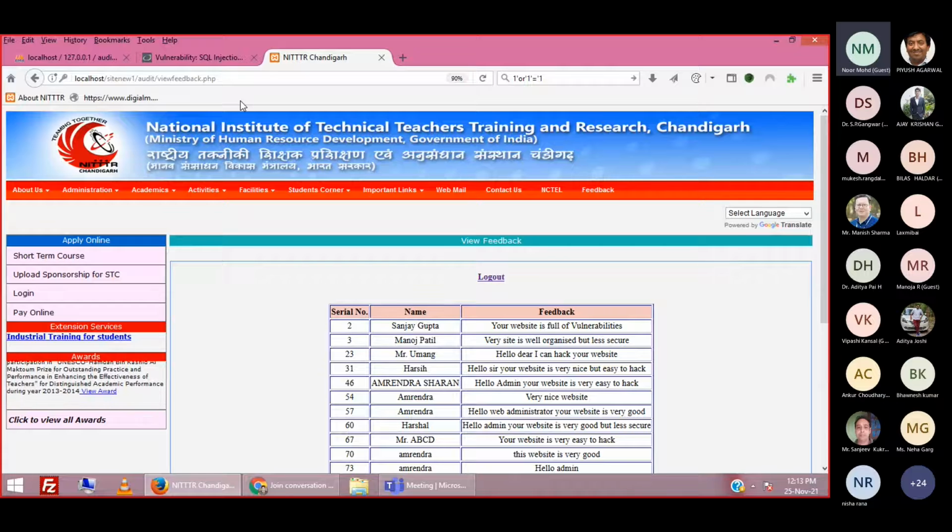But SQL injection is much more powerful than this. It is not only used for hacking into someone else's account. We can do many more things with it. We are going to see some advanced SQL injection attacks, which can be used to gather more and more information. When you are learning ethical hacking, you are interested in getting as much information as possible about the system and its databases.